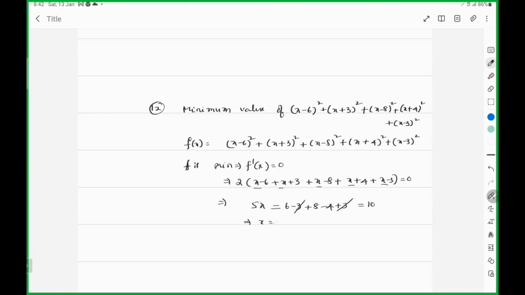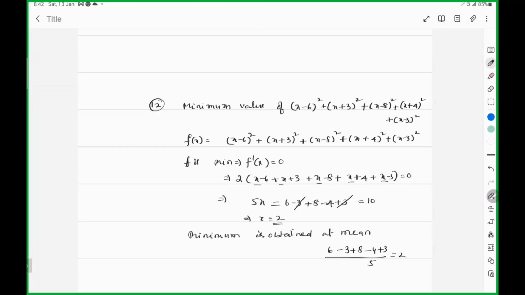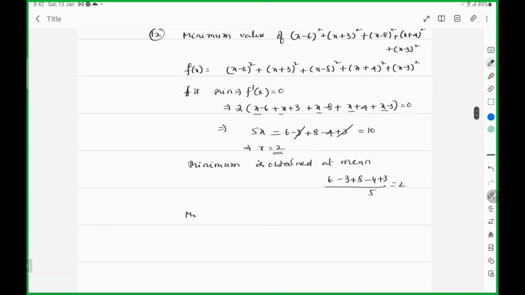So that means, so minimum is obtained not at median, at mean. That is considering the values by 5, which is that minimum value here is